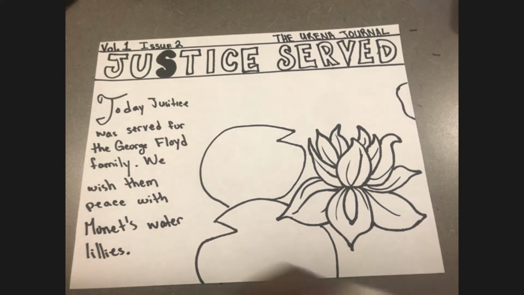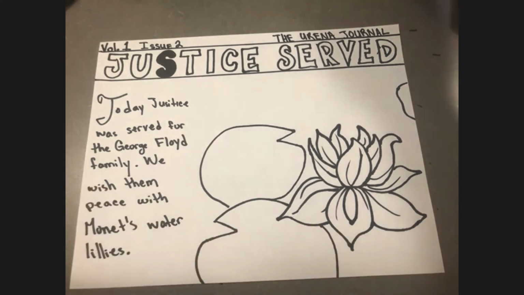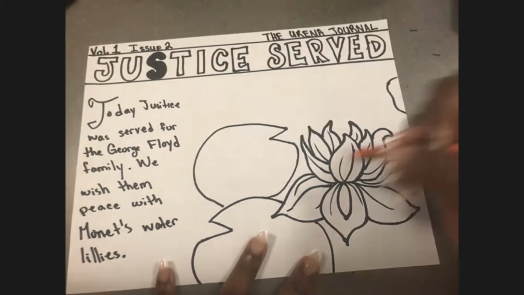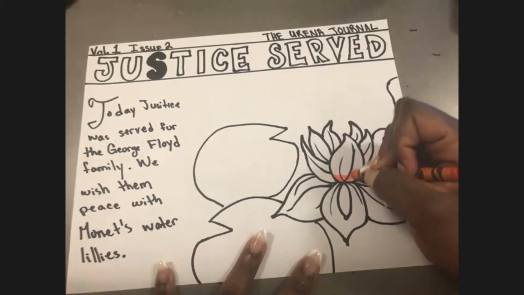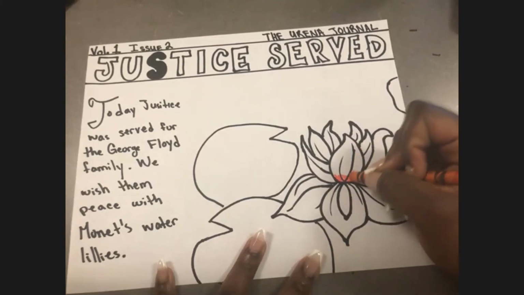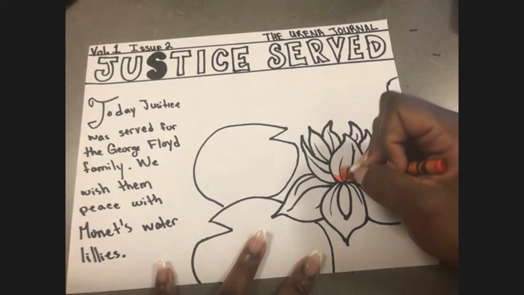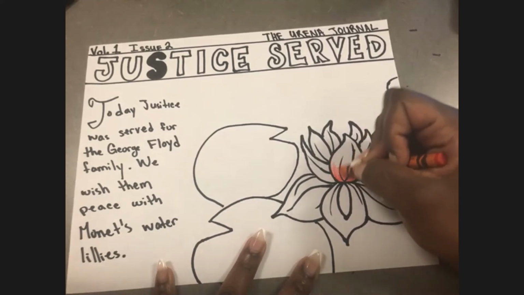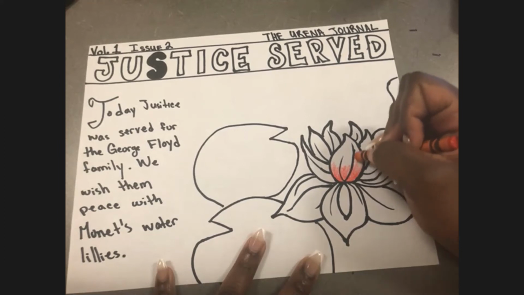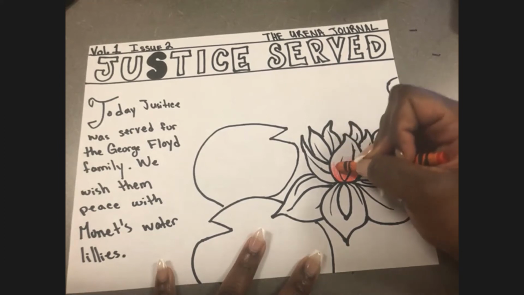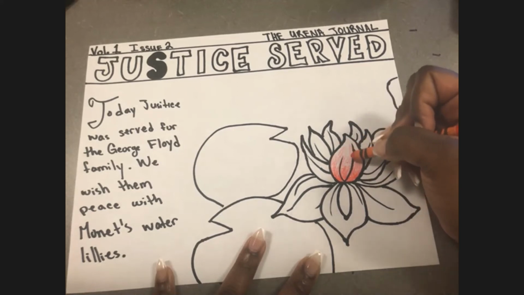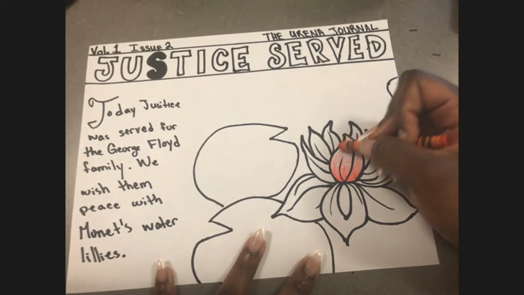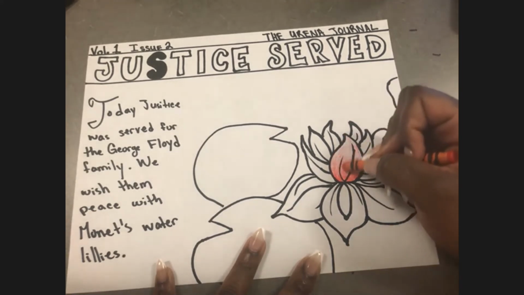So I guess I can use an orange color. Orange is a great color to use. This is like scarlet red, but it comes out orange. So just like how we learned in class last time, the parts near the center of the flower is definitely going to be where I press the most to get that darker value of our flower. And then I'm going to go lighter. As I go up to the top, I'm going to get lighter and lighter and lighter as I go up to the top of my water lily. And it's like it's barely even there. See that? So the color is barely there.